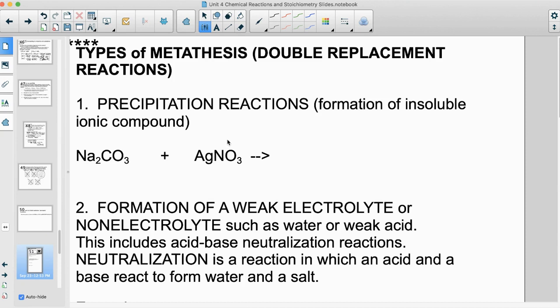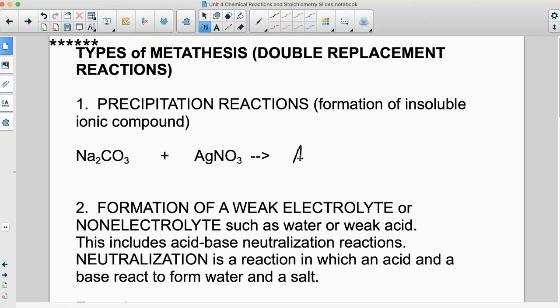The first thing we'll mention is the different types of metathesis or double replacement reactions. We've been doing these all along, but you want to just go ahead and list the types right here. So we have precipitation reactions, which you have been writing net ionic equations for. So we can complete this precipitation reaction by switching the ions, and we'll get